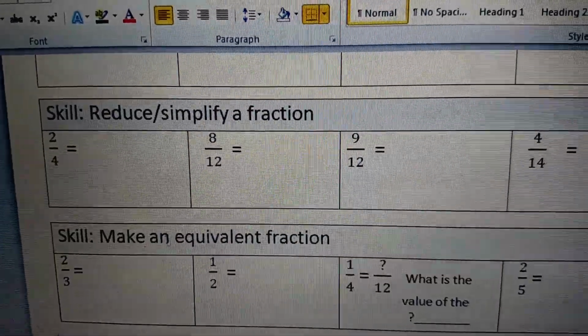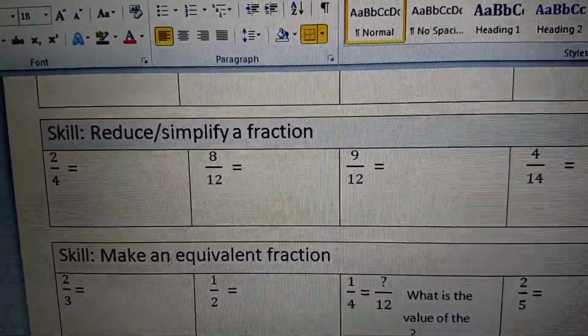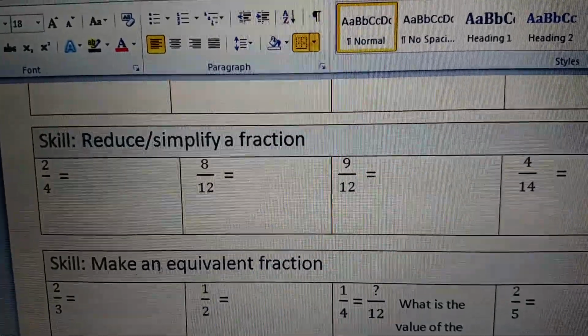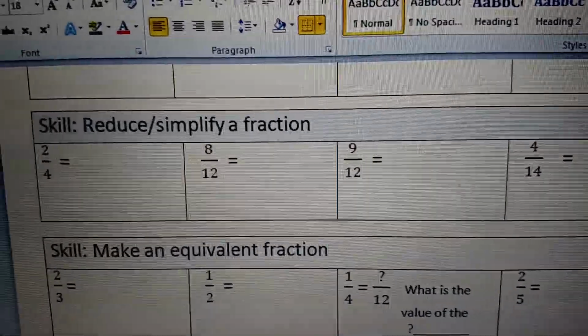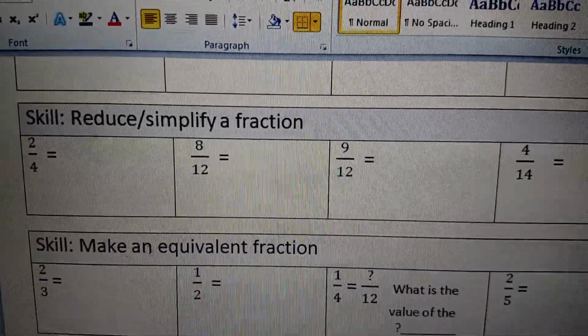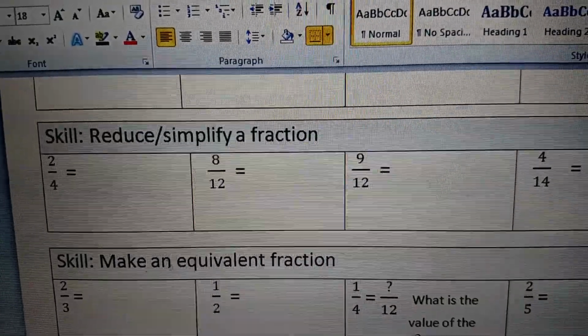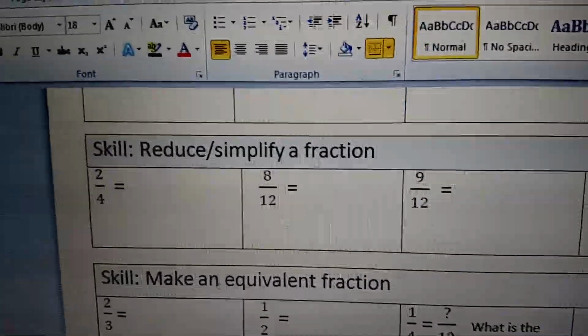Going to focus on the skill of reducing a fraction, or another way to say it is simplifying a fraction. This is one of our essential skills throughout the year that kids need to be able to do. There's been a couple of ways, primarily, that I've taught them how to reduce or simplify a fraction. We will focus on